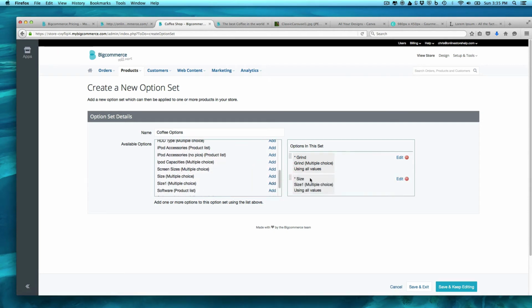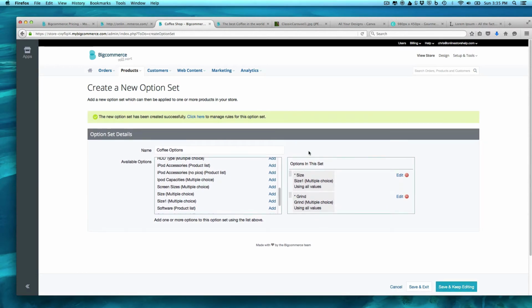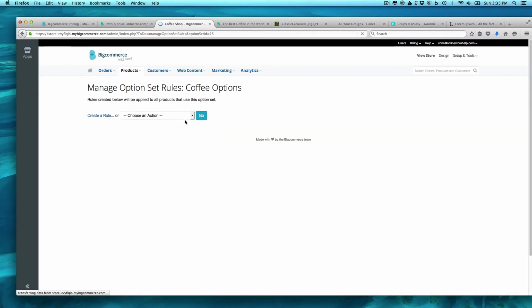And I can change these around. I could do size first and grind. Maybe I want to do that. And I'm going to save and keep editing. And so, as you can see, we can add rules to these a little bit later on if we want to. Or, if I want to add in some rules right now,